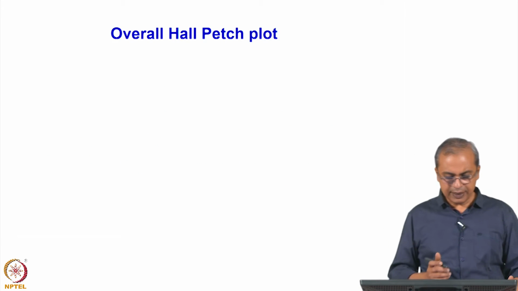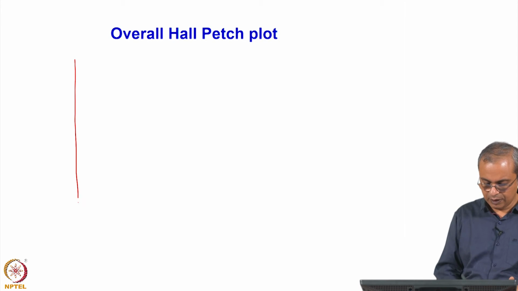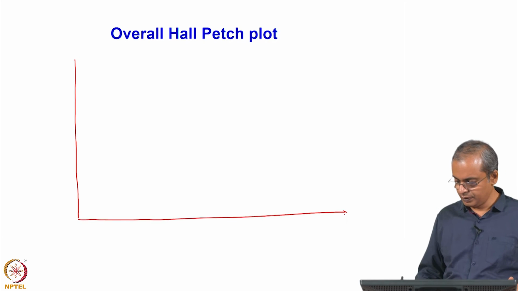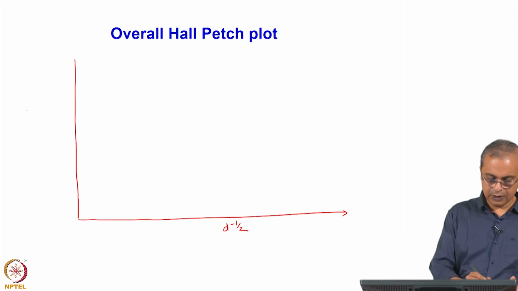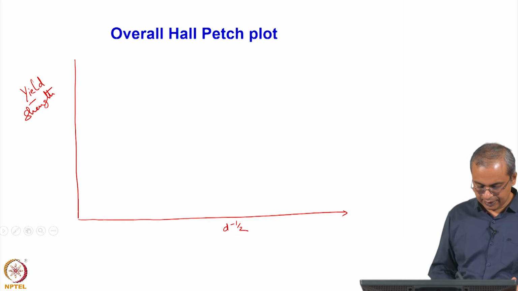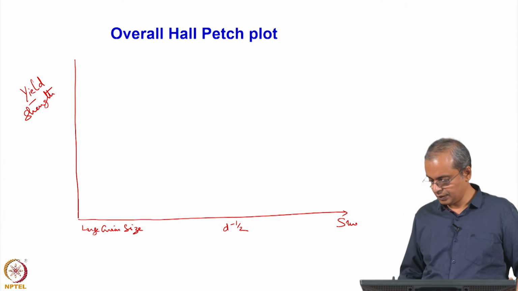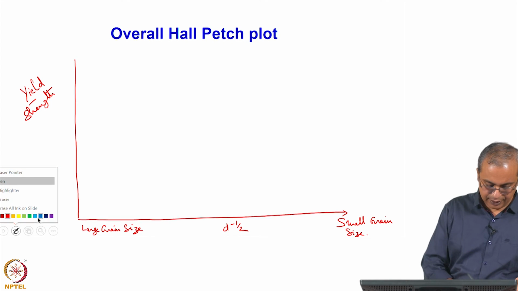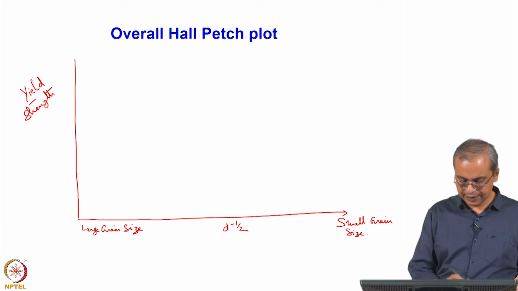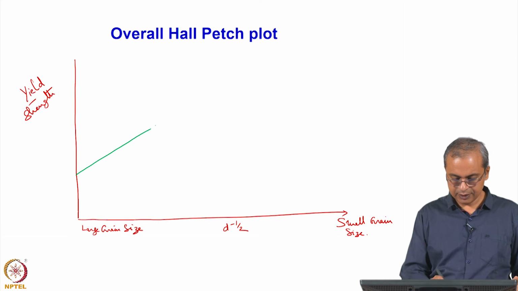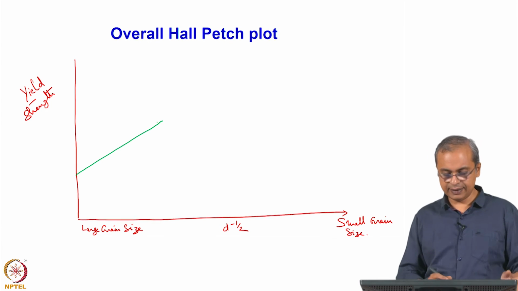phenomena. So, if you look at the overall Hall-Petch plot now, let us say this is yield strength, and this, as I said, is large grain size. This is small grain size. Then what we see is a situation where, when you are going from large grain size and decreasing in grain size, initially you see a positive slope and the strength is increasing. So, you can extrapolate that,